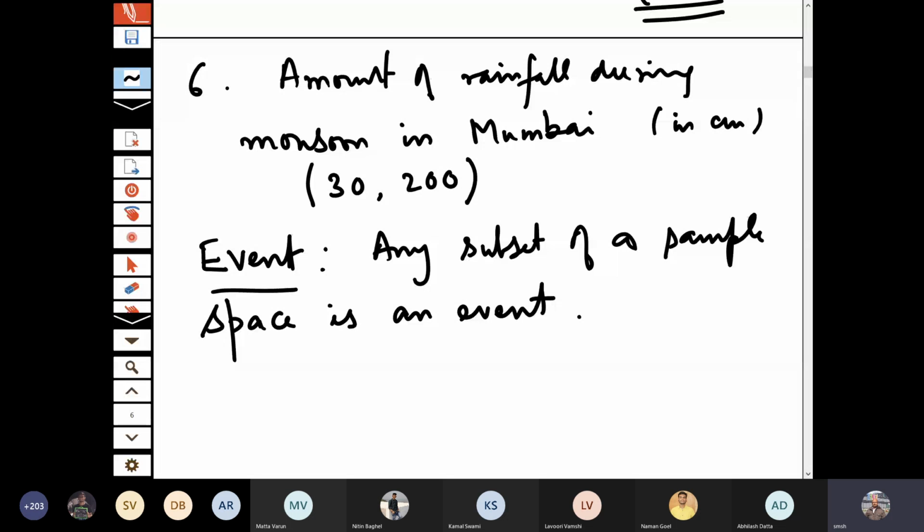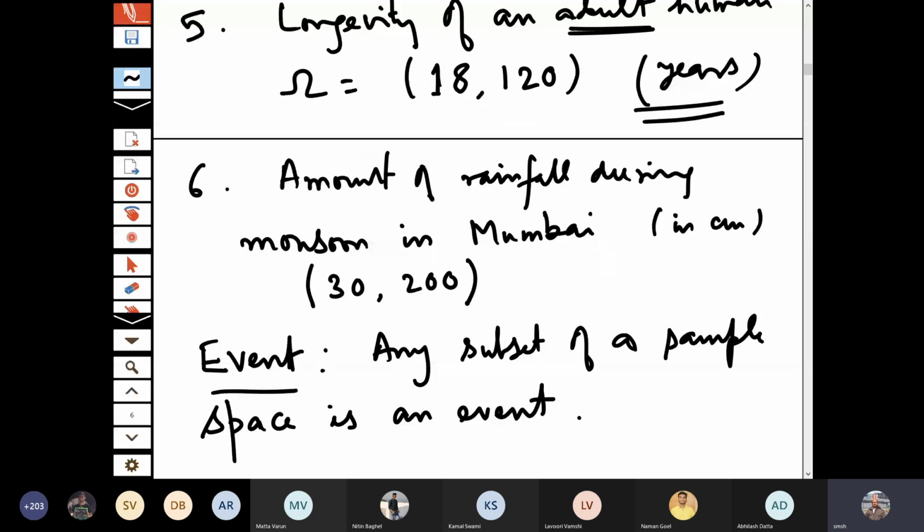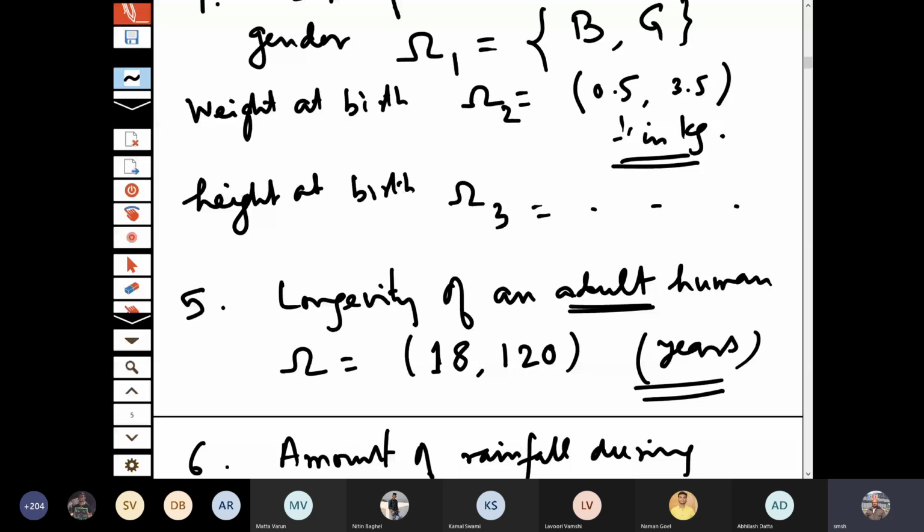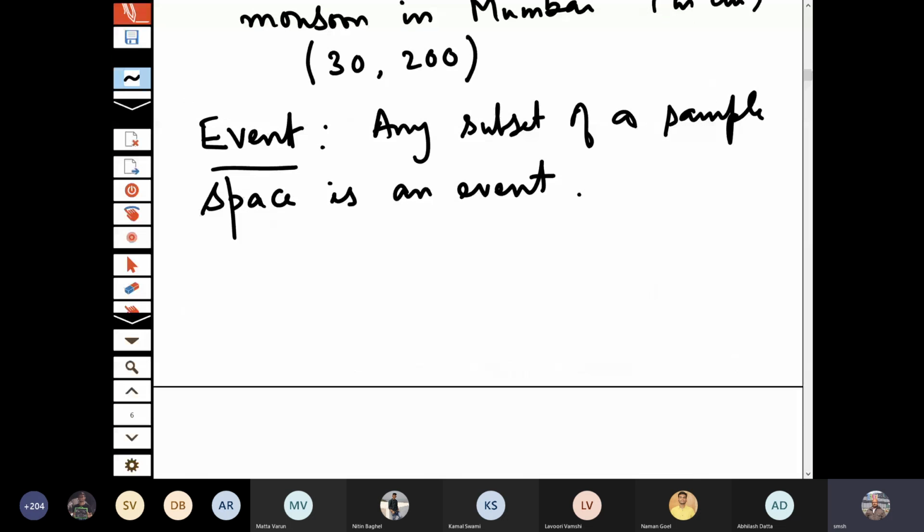So from here itself you can understand, and now you can see that we also have sample spaces where you have an infinite number of outcomes. For example, 30 to 200. So it is an interval. It has uncountably many elements here. Similarly, longevity of a person, weight at birth. These are all uncountably many things, and therefore the number of subsets will be infinite here. So therefore, if we properly define a sample space,